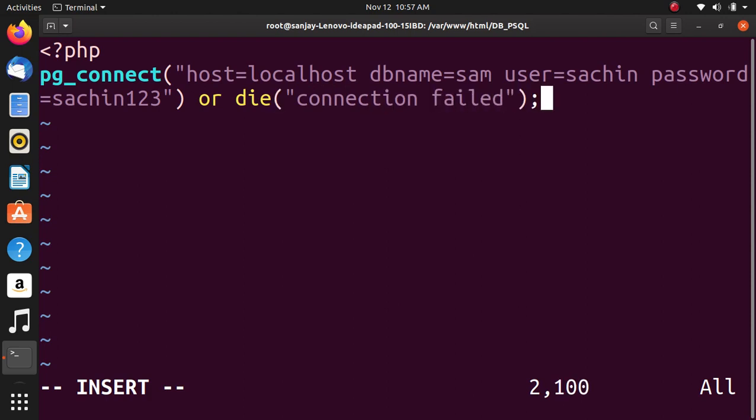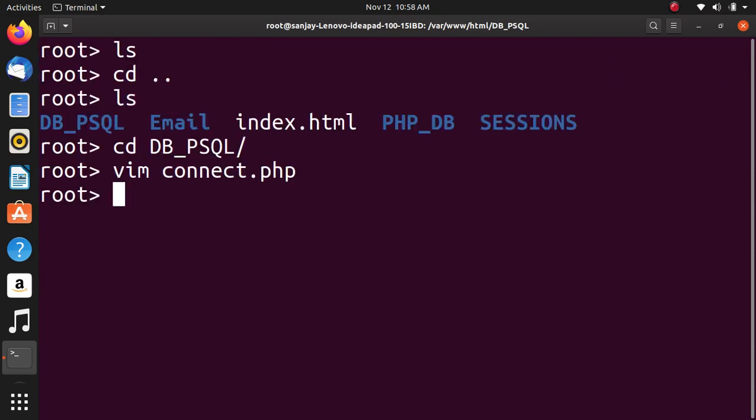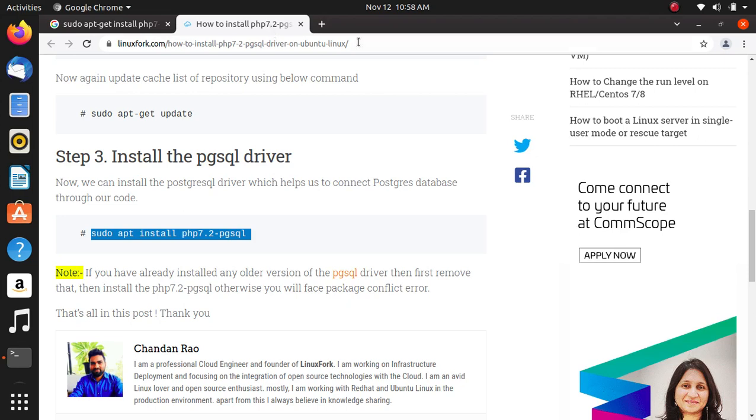connection failed, echo success. Now we will run this program.